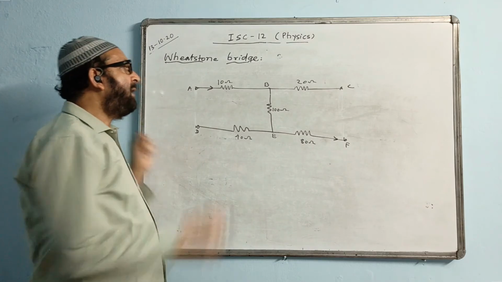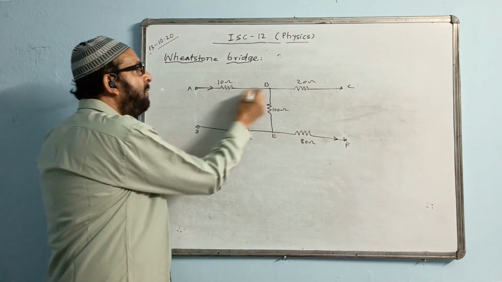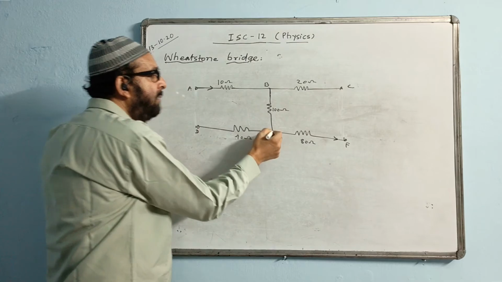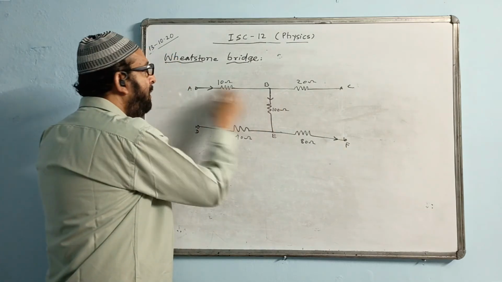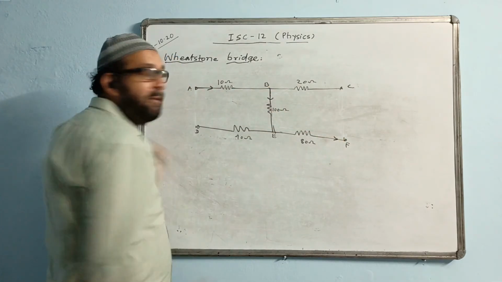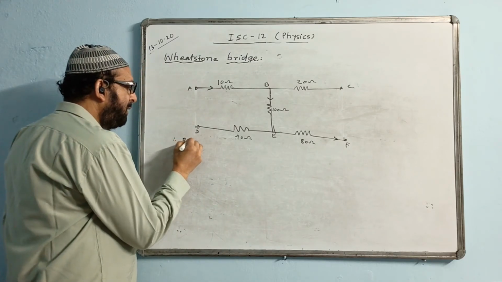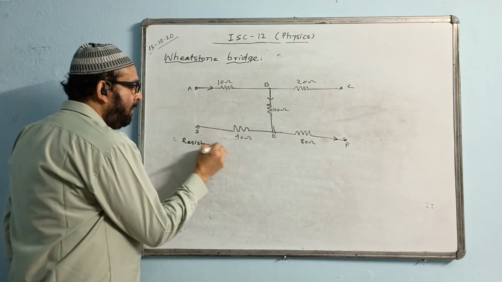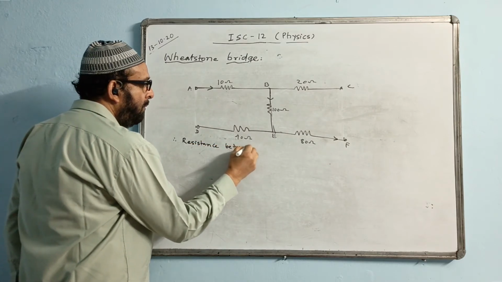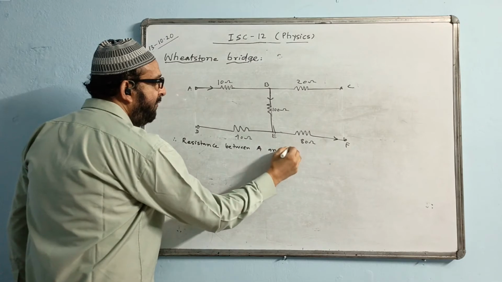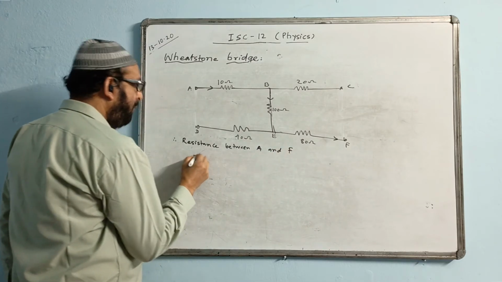No. Which way can the current reach the point F? It will reach the point F only this way. I am sure only this way it will reach. It will go this way, and this. Then only it will reach the point F. Therefore, we get the resistance between A and F equal to this.